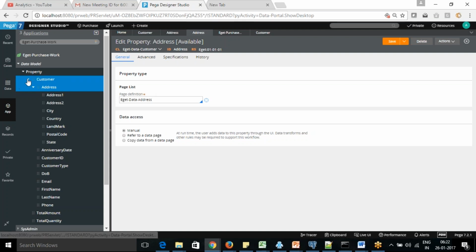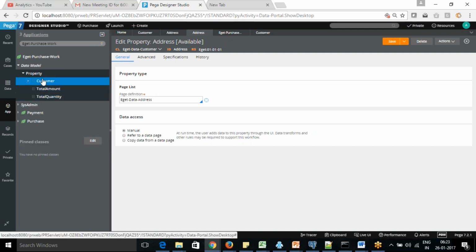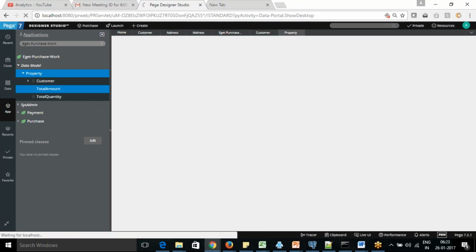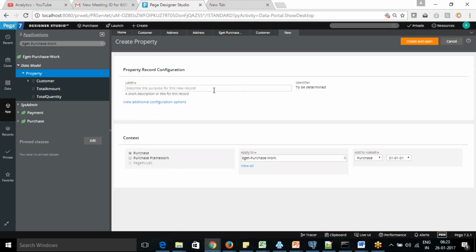Now how are you going to create a page group property? For address, I want to also create it as a page group. So I'm creating address as a page group separately.